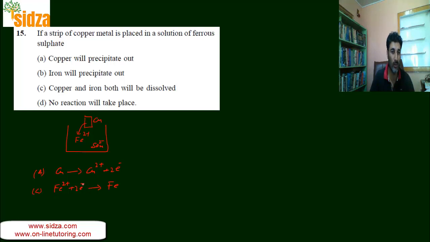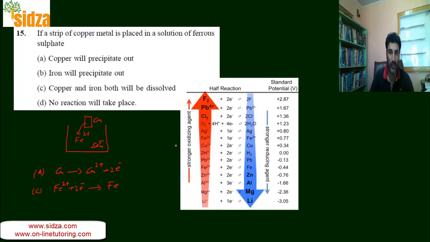But this reaction is only possible when the iron's reduction potential is more than the reduction potential of the copper. The copper can lose electrons only to a metal whose reduction potential is more than that of copper. If you look at the electrochemical series, the reduction potential of copper is about 0.34, while the reduction potential of the Fe2+ ion is -0.44, which means that the reduction potential of the copper is higher, so copper has a higher tendency to gain electrons